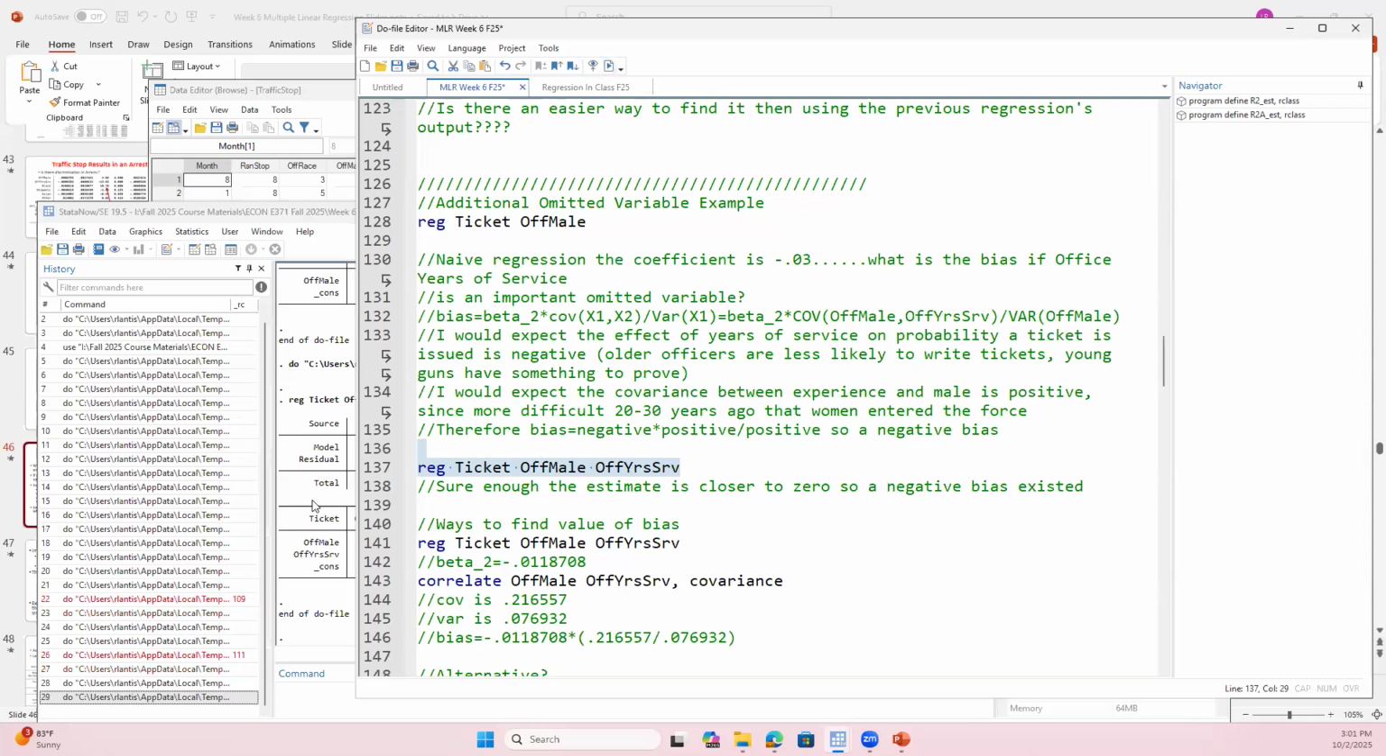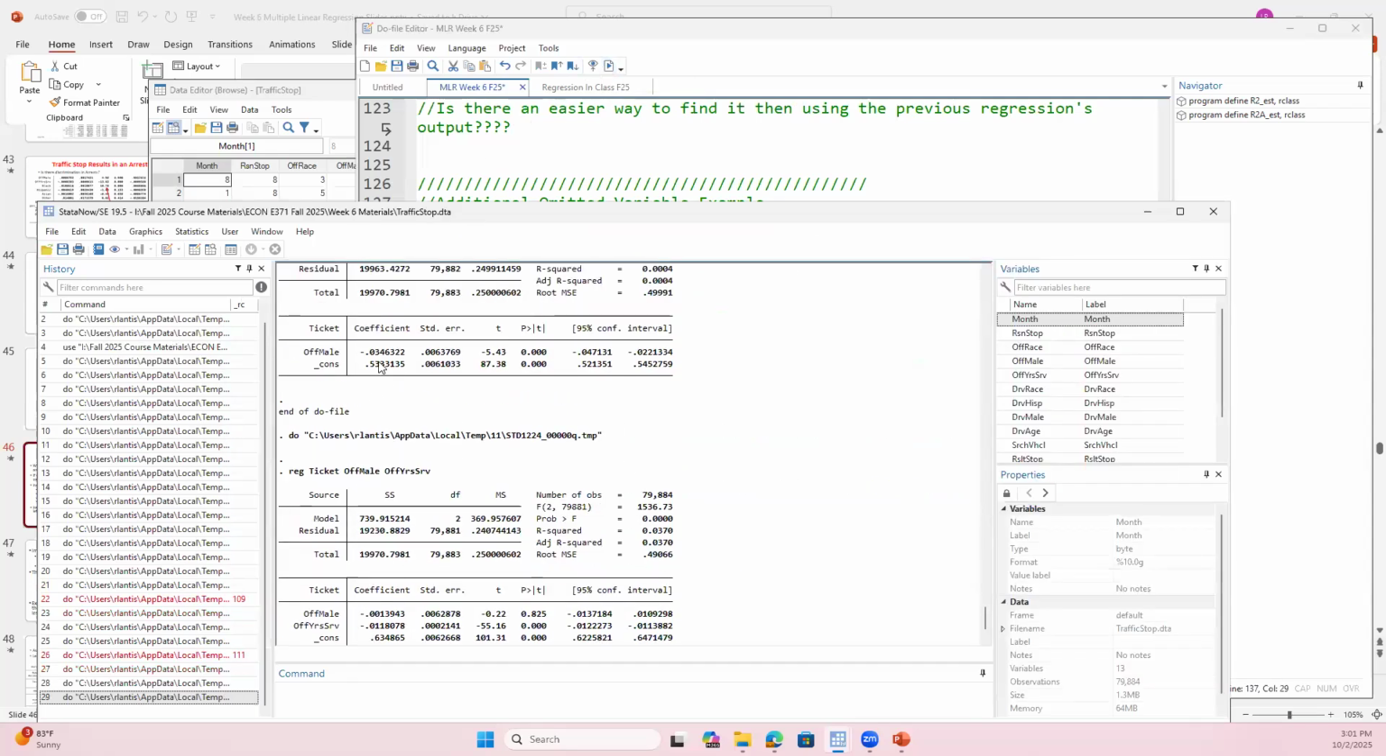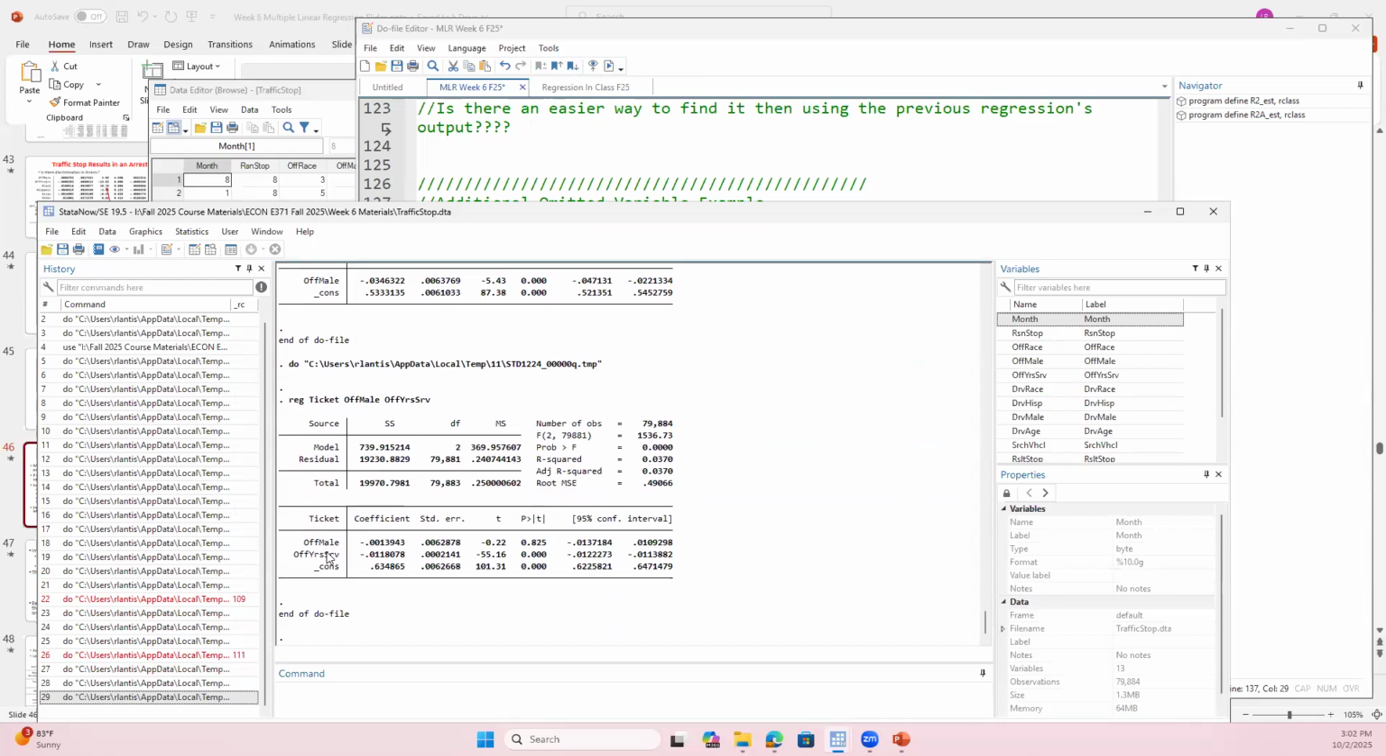So if I do that, from my naive regression, I had negative 0.03. Now that I'm controlling for officers' years of service, what did my coefficient go to? Negative 0.001. So my coefficient estimate actually went up because I eliminated the bias that existed. So in my naive regression, what must the sign of the bias have been? This was the true effect plus the bias. This was a larger negative value. The bias must have been